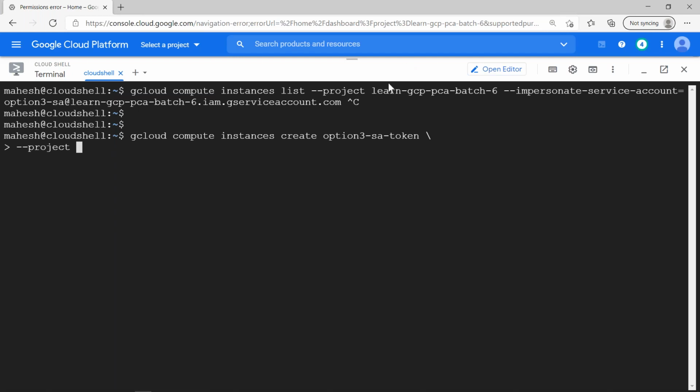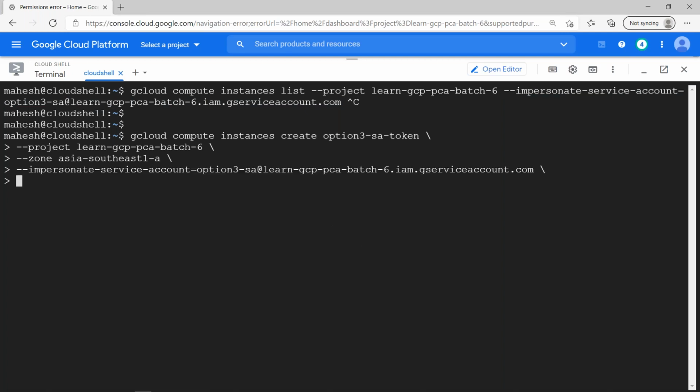What's the project? You can mention that. What's the zone? You can mention it. Then put slash zone Asia southeast, a space slash. Then you need to pass this impersonation stuff, right? Pass this